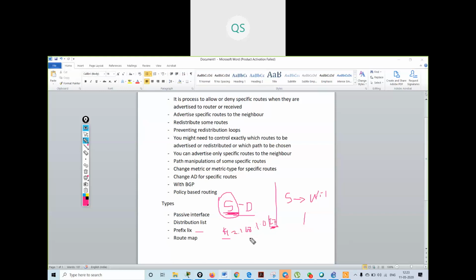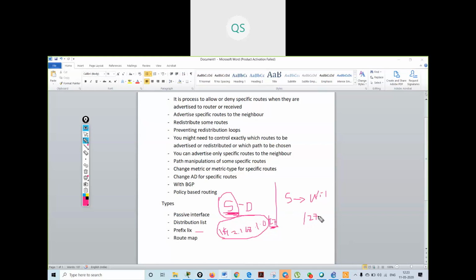It will block the complete 1.0 network. Complete 1.0 network means all the subnets in the 1.0 network. But when I go into a prefix list, it will look for the prefix value, slash 27.